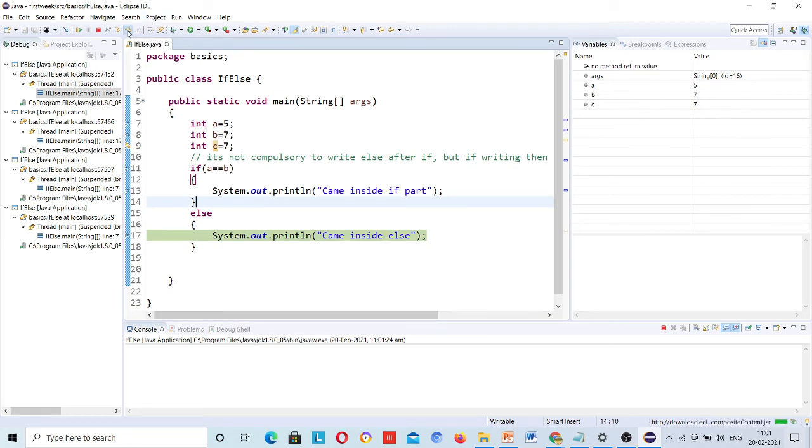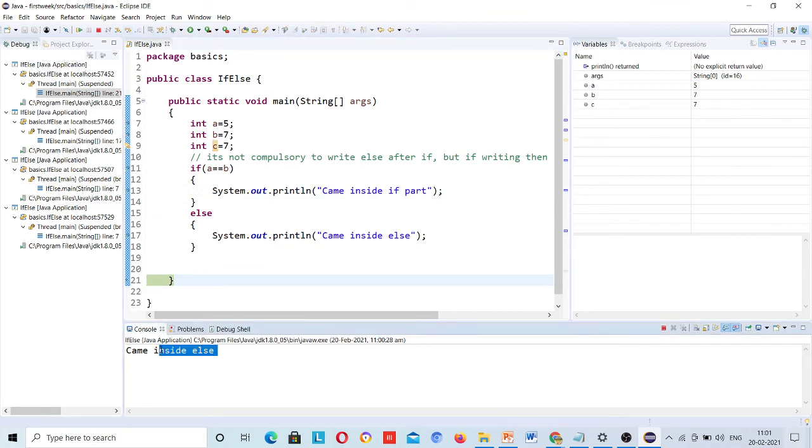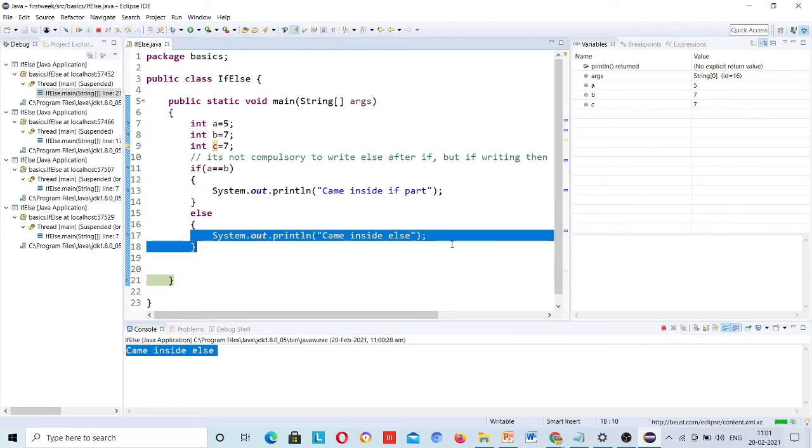If you step over here, then it came inside else, right? I will explain the debugger fully when we come to for loop or other parts. Here there are only 2 or 3 lines written, so it's hard to understand, but you should know that we will use this in future.